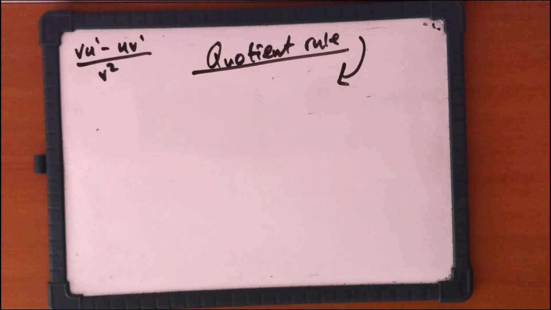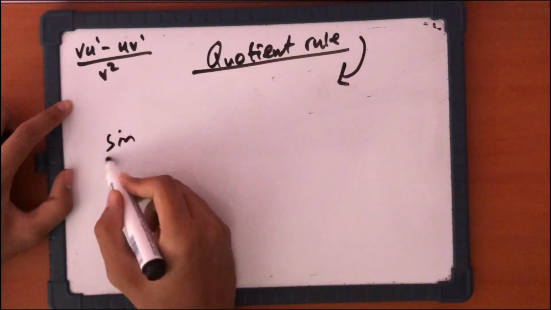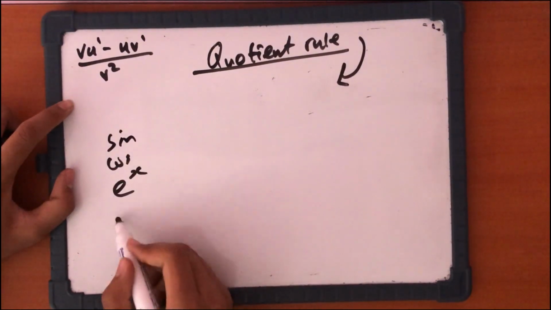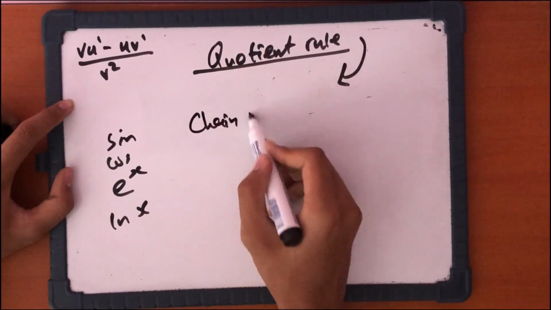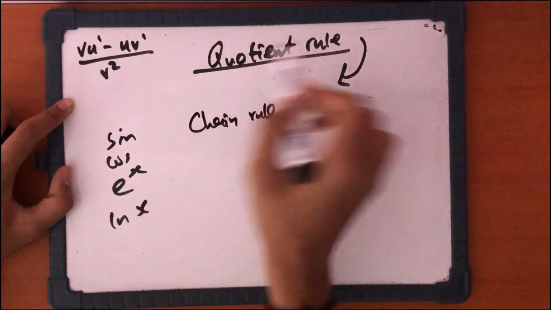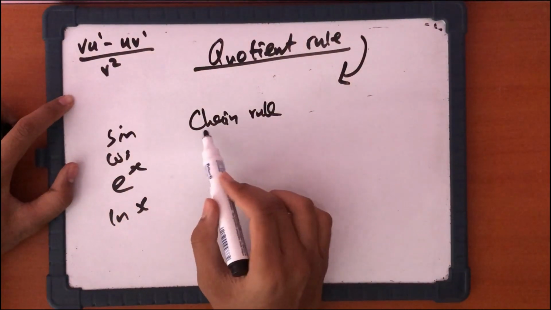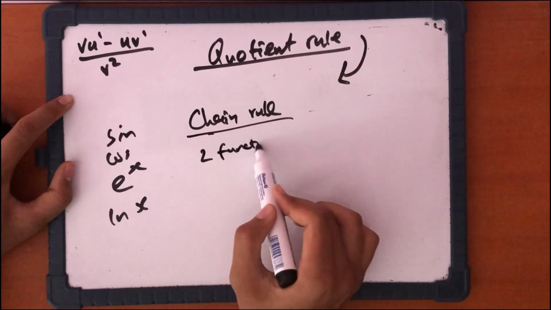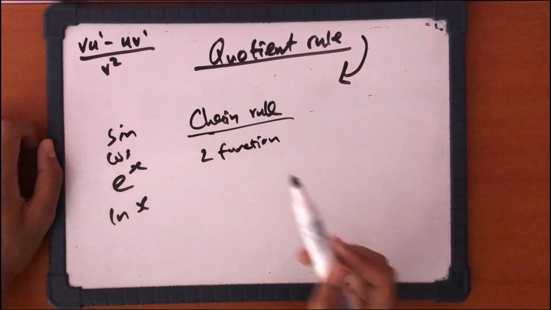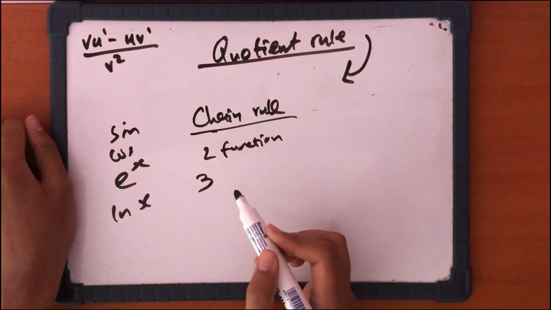The whole of P3 differentiation has been covered just like that. Important things were the basic definitions of sine, cos, e to the x, ln of x, and then chain rule, very important. Chain rule will be part of quotient rule and product rule questions. When you have to differentiate the v and u terms, it can be part of that. Remember, usually it will just be 2 functions, one function inside of another, but very simple cases of 3 can be there, like we saw in that question where it was